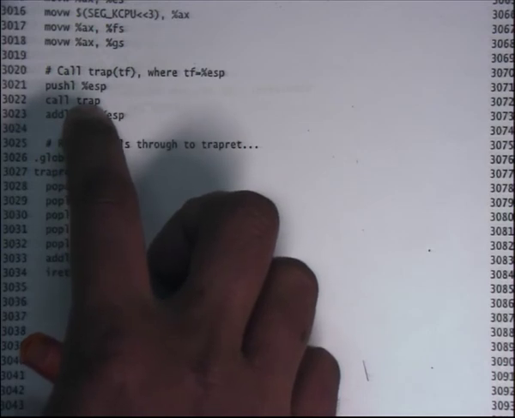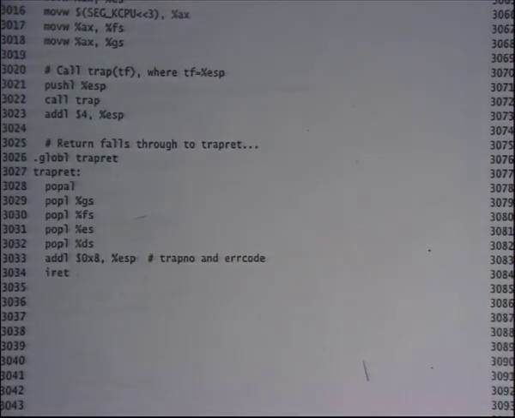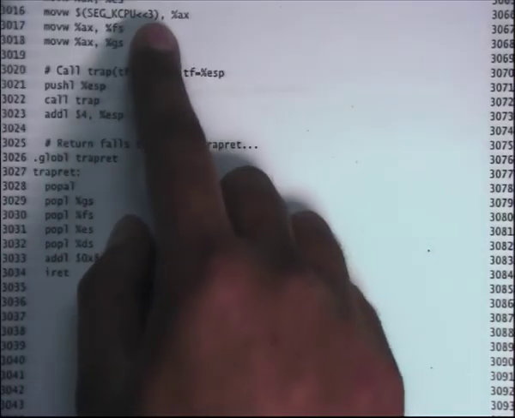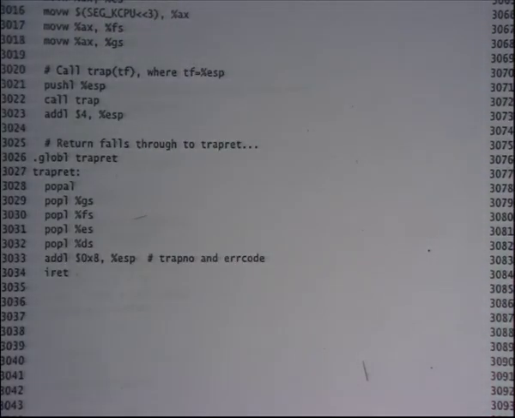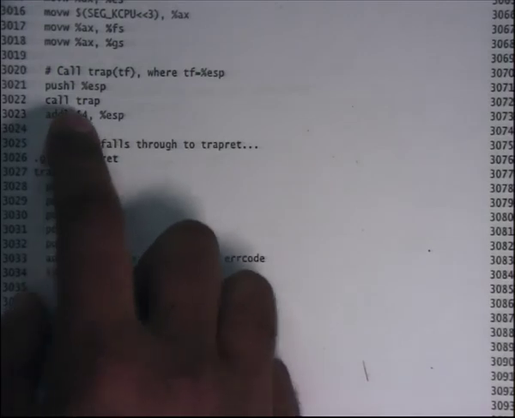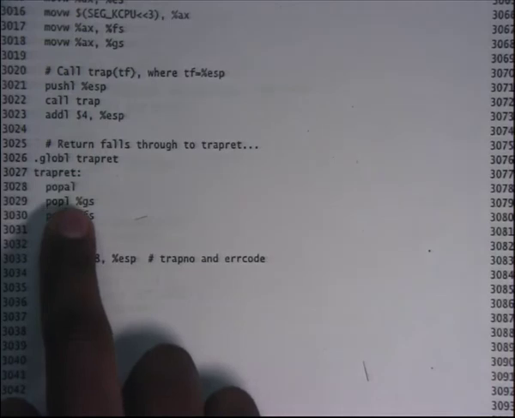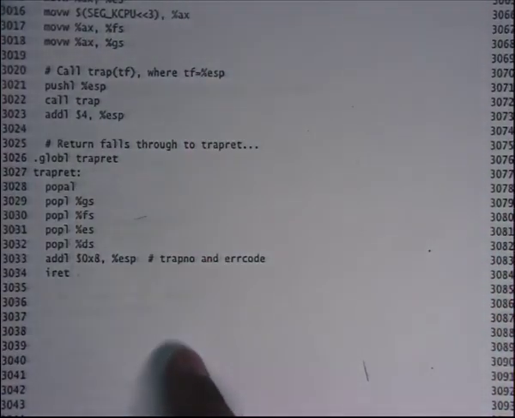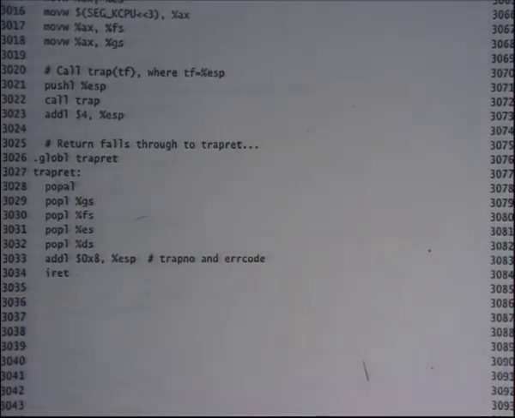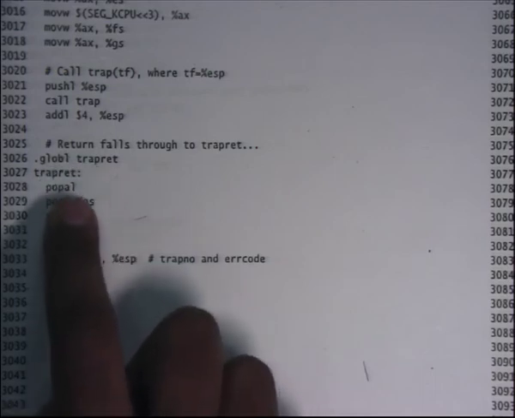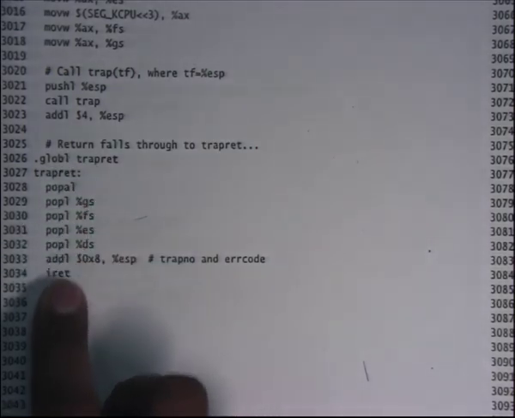which is called trap, right? Trap will basically figure out why I trapped. For example, it will look at the trap frame to figure out why I trapped. So what has happened is this function has initialized a trap frame, and then it has called trap. Trap will return at some point, and you're going to get back to trap ret. So in this case, the code has been nicely organized such that you call a function, and when it returns, it actually returns back to trap ret. And trap ret is just going to pop all these registers and call iret.